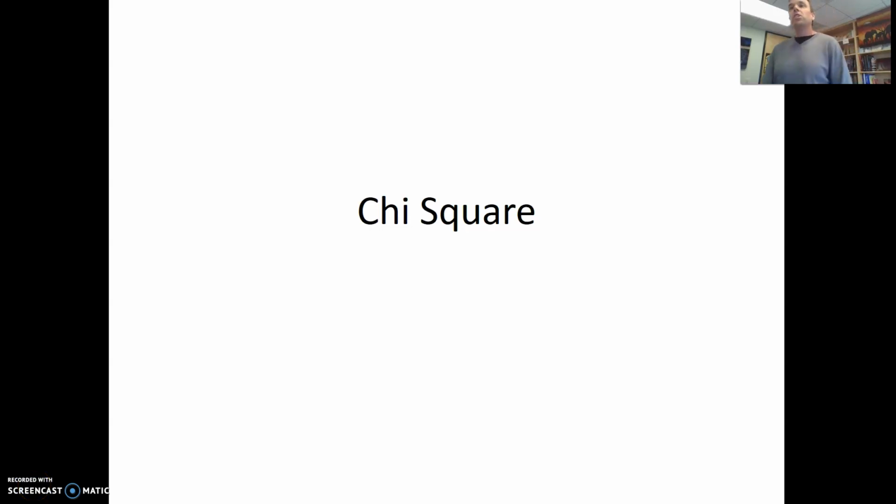So the first statistical test that I want to talk about is chi-square, and this is a little bit unique. It still is doing something similar to the rest of them, but it's a little less of the straight hypothesis testing. This is basically trying to determine if something is different from what's expected. So it's not necessarily comparing two different groups, it's comparing a group with what you might expect that group to